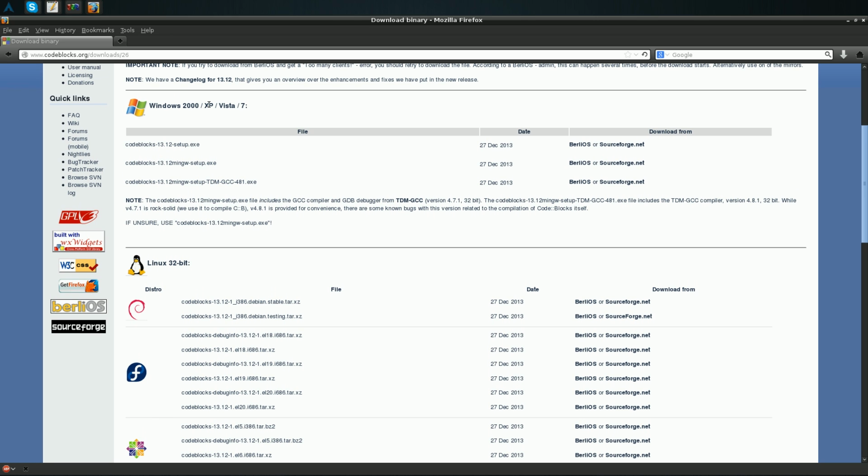But for us Windows users, we have CodeBlocks setup and we have CodeBlocks min-gw setup. So what's the difference? This one comes without a compiler and this one comes with one. So if you're brand new to programming and you want to get something that works out of the box, I would recommend downloading this one and then just select your mirror or your download source, whichever you pick. I've already downloaded it and installed it, so I don't need to do that. So let's get started. I'll close this one down